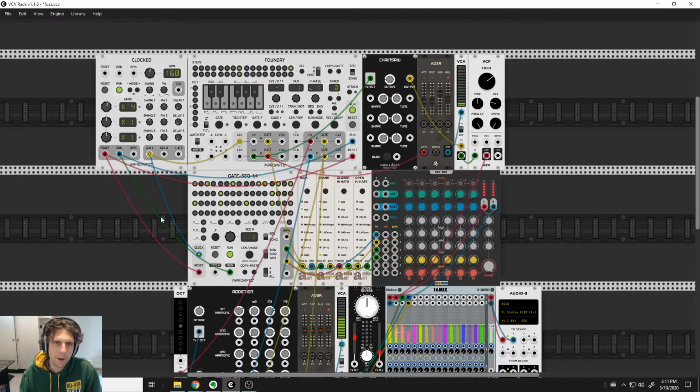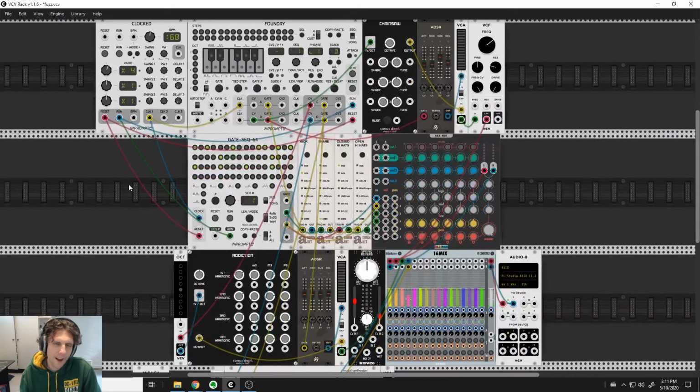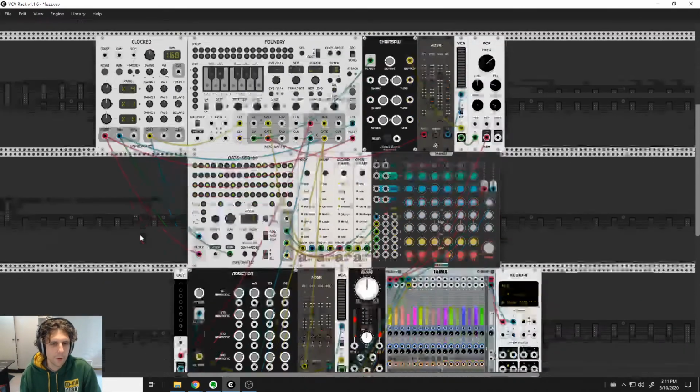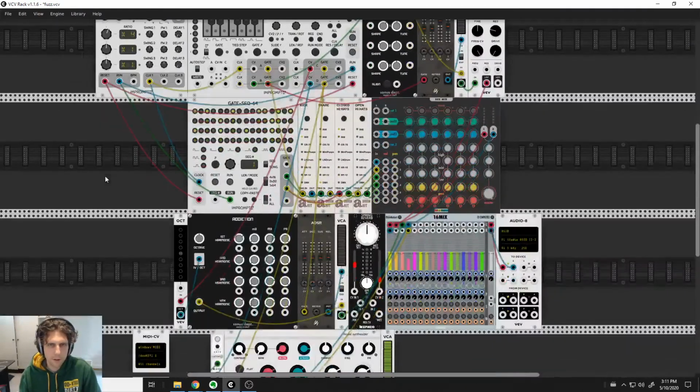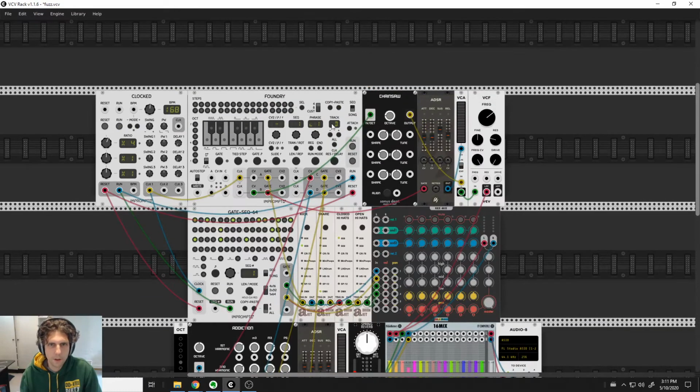Oh, and now I remember. So that little flourish at the end, I was like, that's kind of a bit loud, and it would be nice if that was a bit softer. So what I did is on sequence